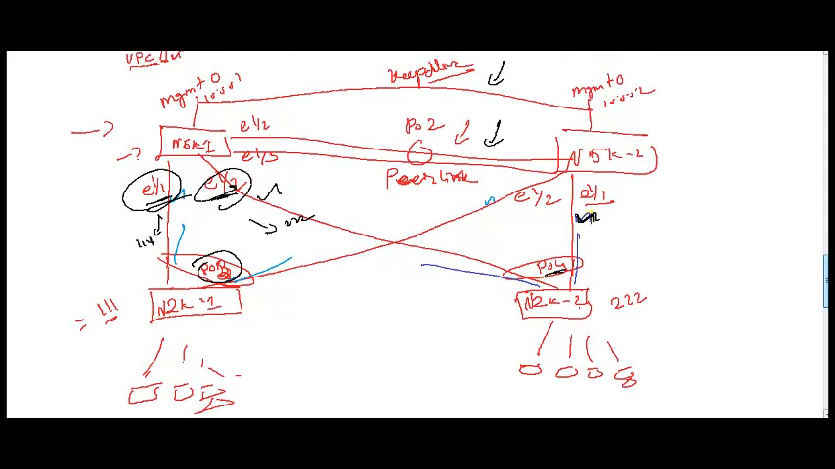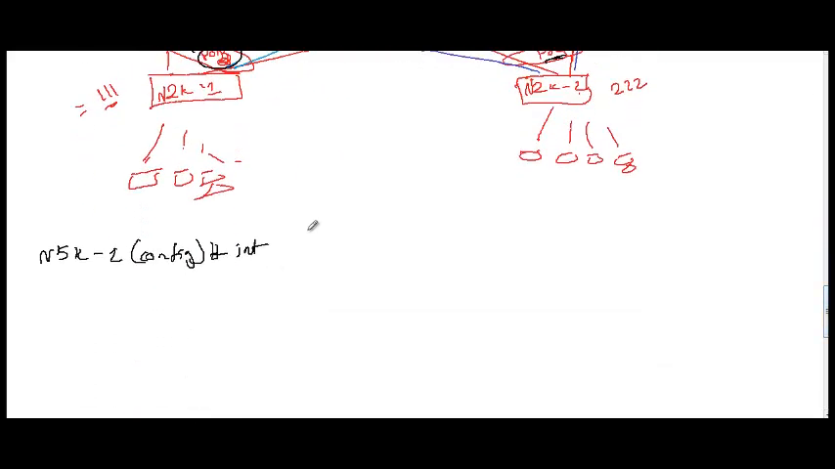So I'll go under N5K1 global configuration mode. I go under that interface. What's the interface name? 1. Okay, I'm sorry, I cannot use 2. 2 is already used, so let's say 4. So I'll go to interface Ethernet 1/1,